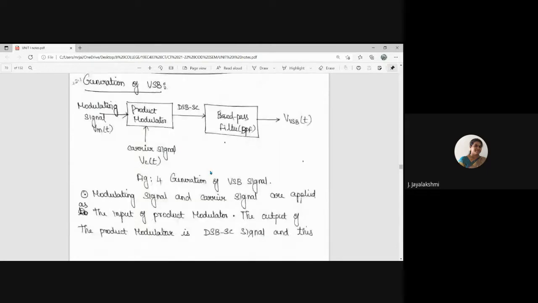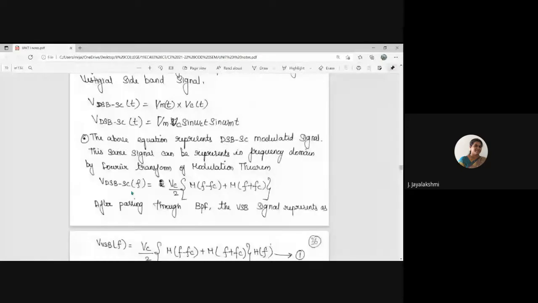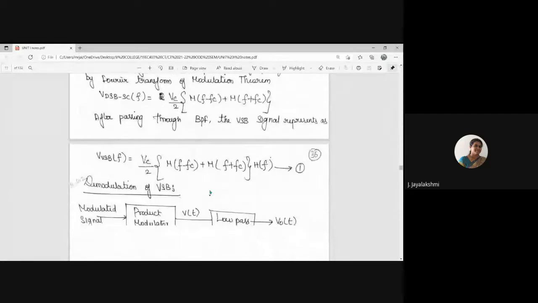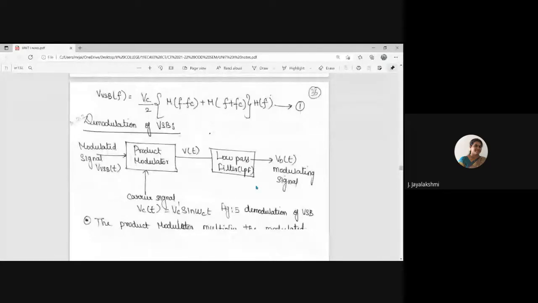So this is how the message signal and the carrier signal are multiplied, and you pass it on through a band pass filter. Of course, the output of the product modulator has the upper and the lower side frequencies, whereas the carrier gets suppressed, and the vestigial signal is transmitted. Now we'll see how we demodulate or retrieve the